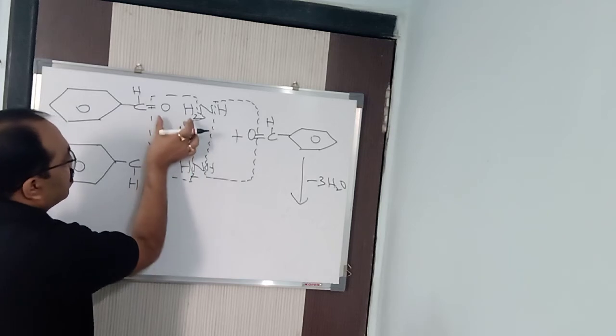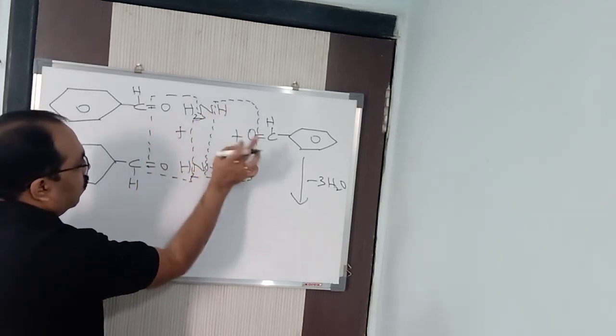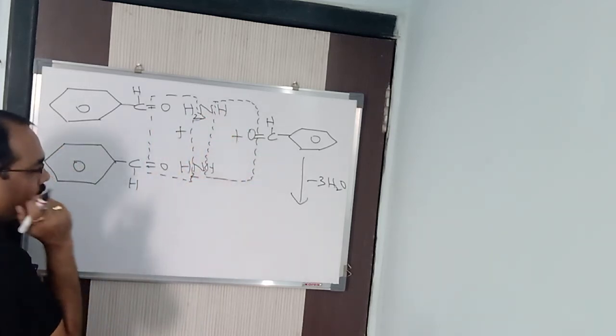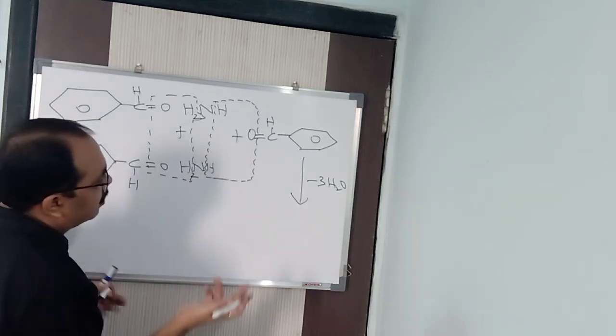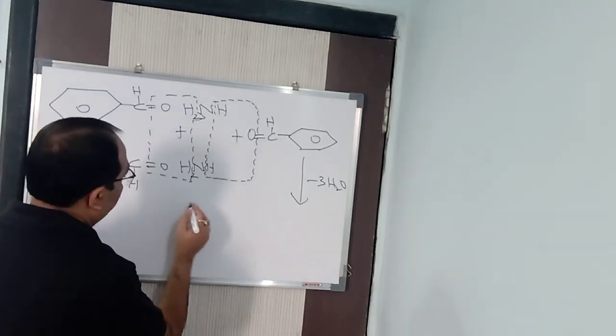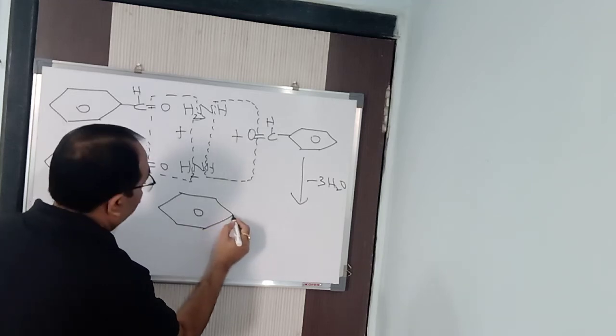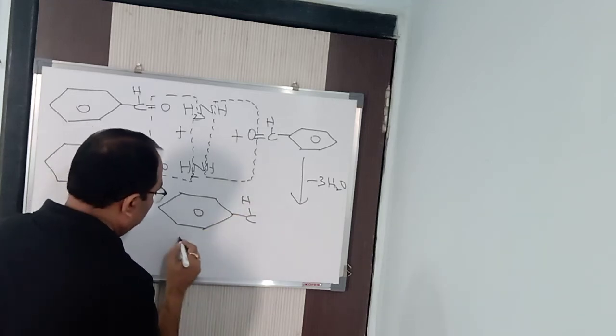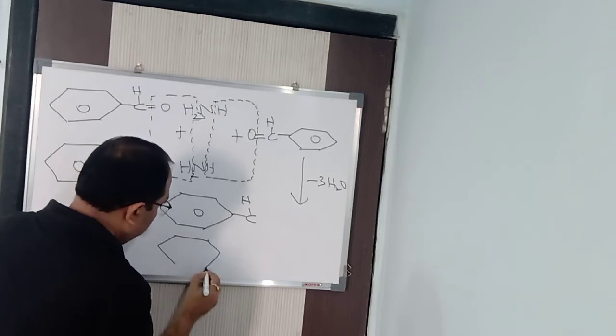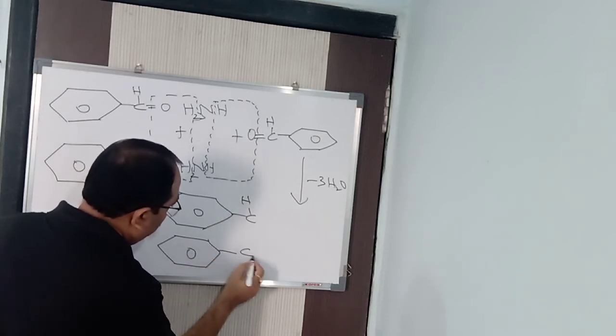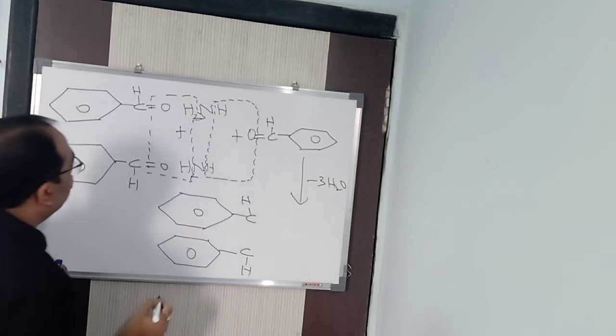This is one molecule, this is one molecule, and this HH and O, it is 2 molecules. One molecule. So a total of 3 molecules is removed. Then whatever is left, that is the product. Whatever is left. So what is left? You have to write it properly, this one. The product which you got, you need to write properly. Means you have to arrange the remaining product wisely, rather I should say.